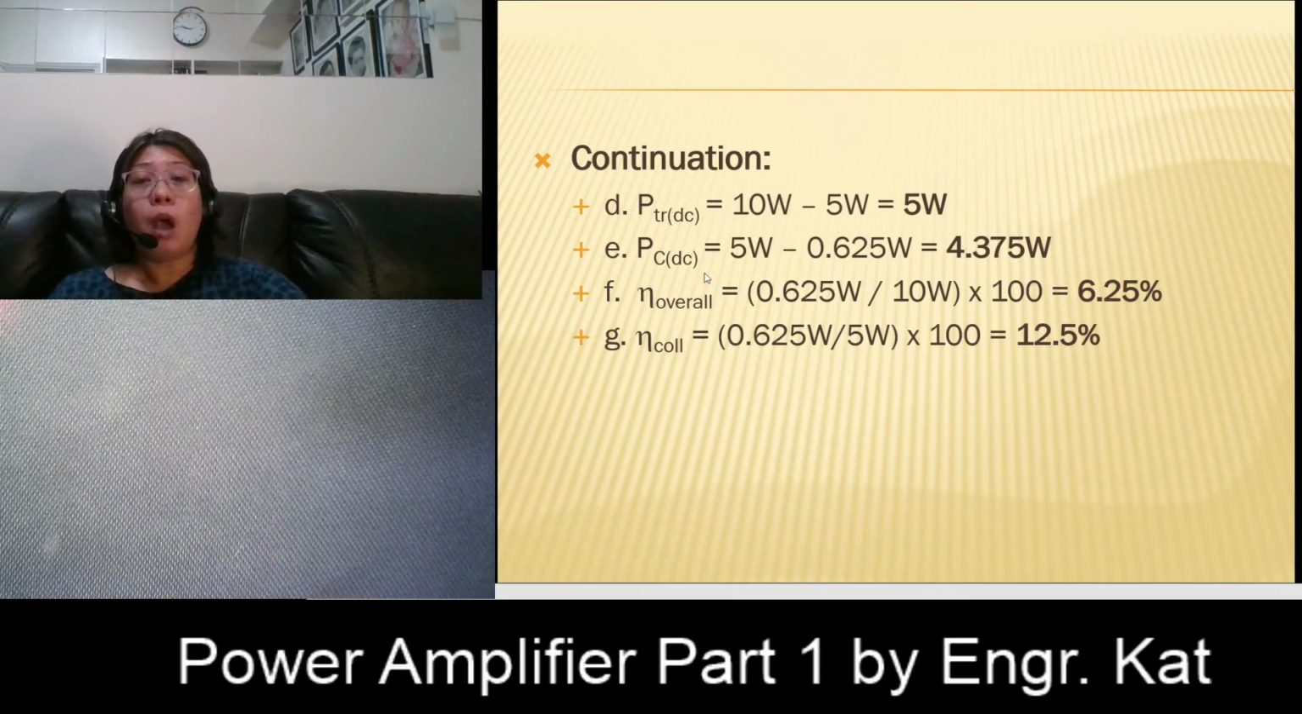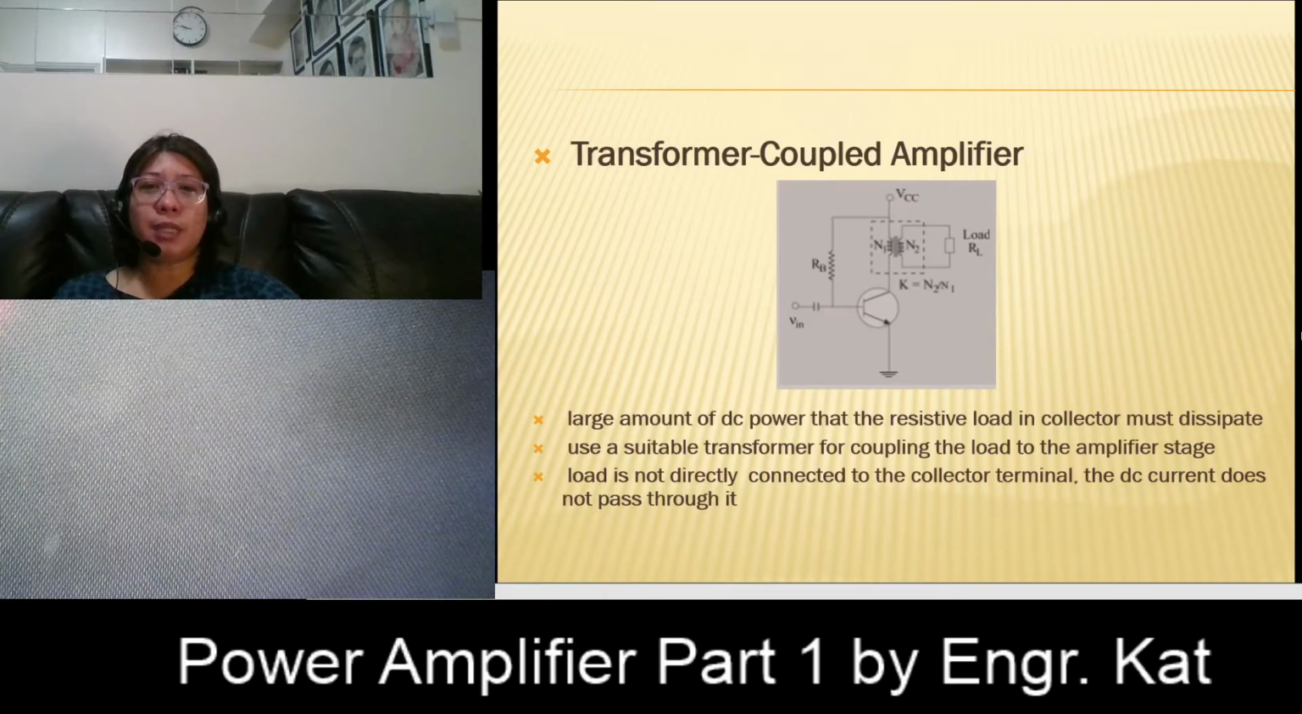Okay? So, how much must be the rating of your transistor? Your transistor must at least have a rating of 5 watts, because at zero condition, 0.625 will not be produced. So, all of the 5 watts is dissipated by your transistor. So, its power rating must at least be equal to 5 watts, or better, greater than 5 watts. Okay? So, from that problem, we see that